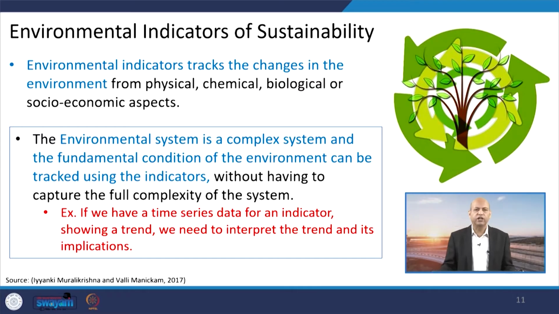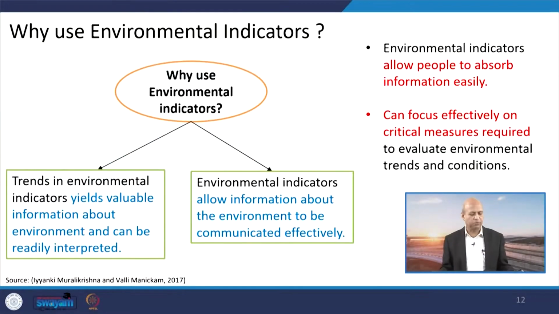When we talk about environmental indicators, we talk about air, water, soil, their quality, physical, chemical, biological, all, and socio-economic aspects. But the environmental aspect is the central one, and it is complex, but we have to make it simple in terms of indices, air quality indices, water quality indices, so that we can understand and implement it properly.